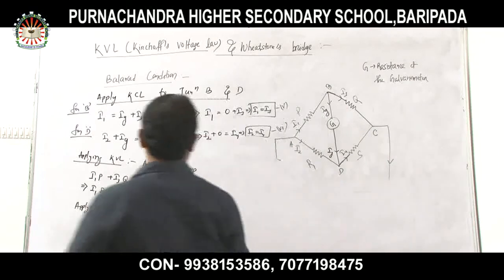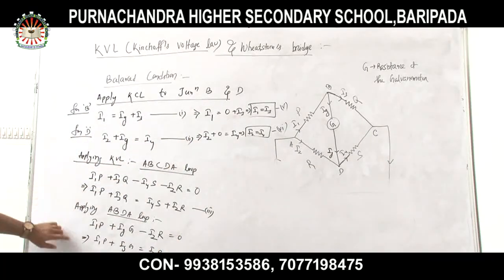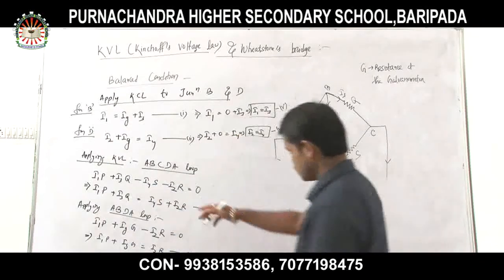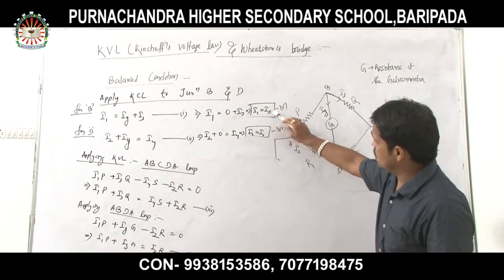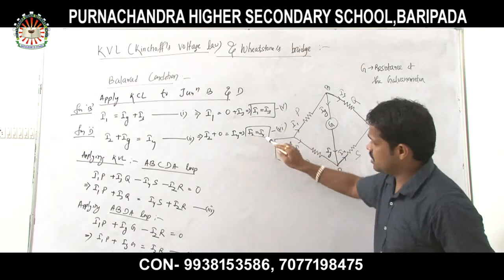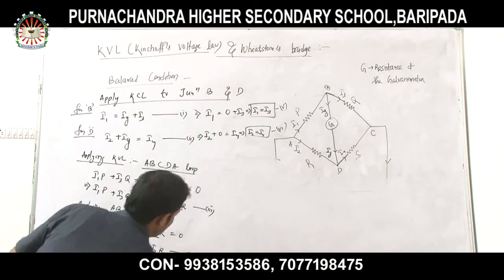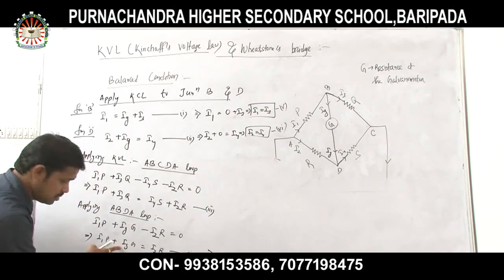Clear? So now again, I1 is equal to this, I2 is equal to this. Similarly, here also we can put. Understood? Okay. So now look at it. I1 is equal to I3, I2 is equal to I4, and here also Ig value is 0. Look at here. Here also Ig value is 0.